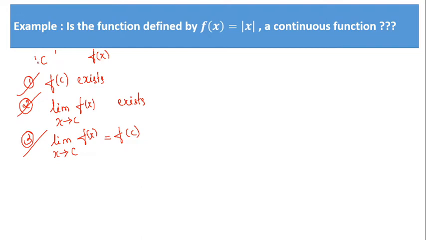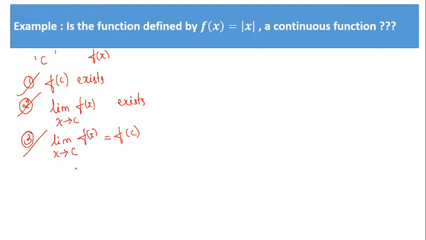Okay, so when you have to prove it for a general domain, you have to check at each and every point. But checking at each and every point will be tedious work, right? It will take lots of time, lots of effort. So we'll do things in a quick manner. Generally we take a random number, which means ಅಂದಾಜಿಗೆ ಒಂದು number ತಗೊಳ್ಳುವಂಥದ್ದು. If it satisfies for that, then we generalize the result that the function is continuous everywhere.